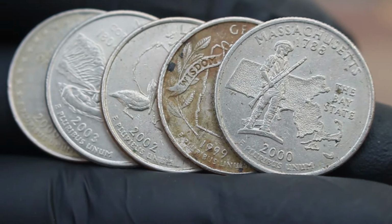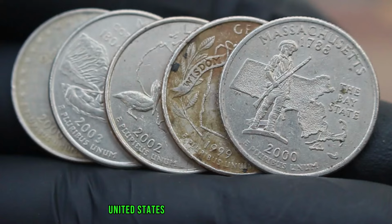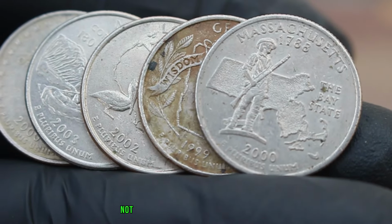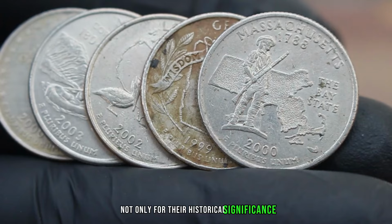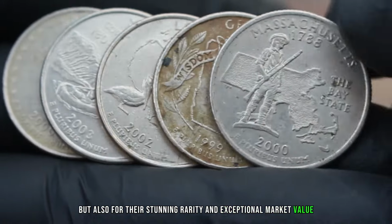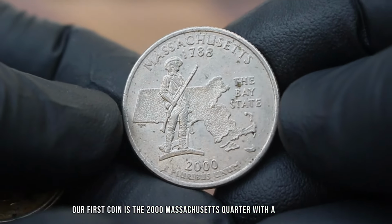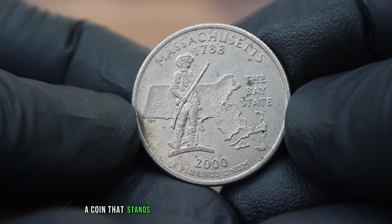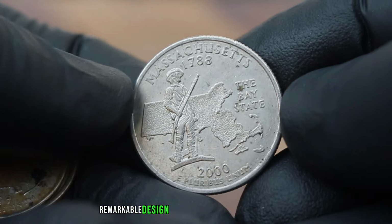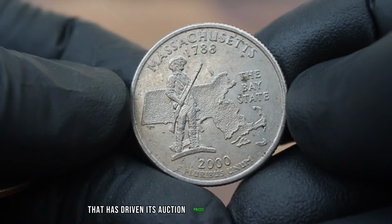Today, we're exploring all of the most expensive and sought-after United States commemorative quarter dollars. Coins that have captivated collectors not only for their historical significance, but also for their stunning rarity and exceptional market value. Our first coin is the 2000 Massachusetts Quarter with a D mint mark, a coin that stands out due to its fascinating historical roots, remarkable design, and rarity in circulated condition that has driven its auction prices into the